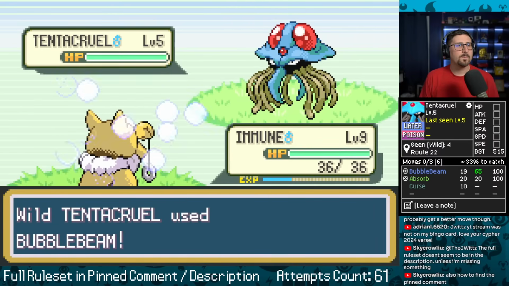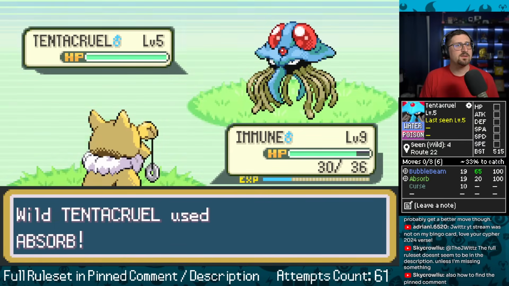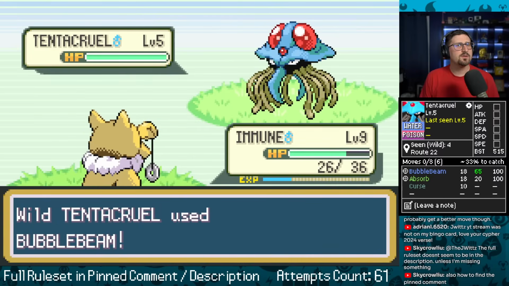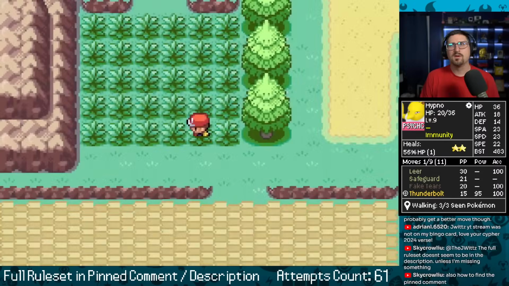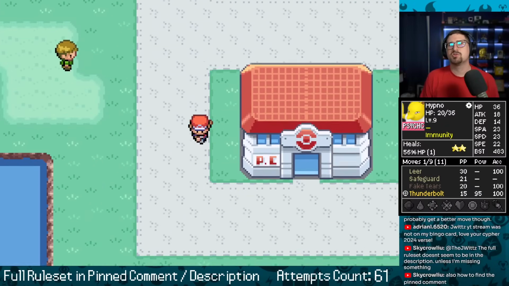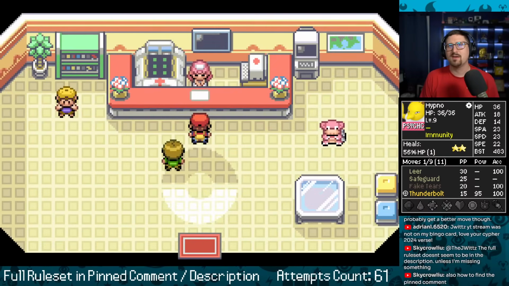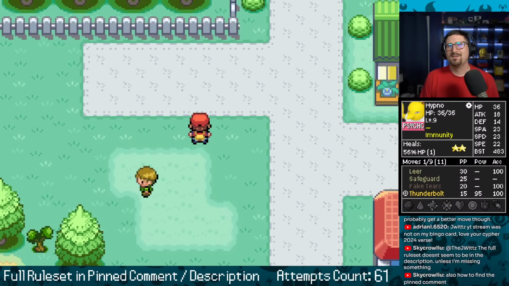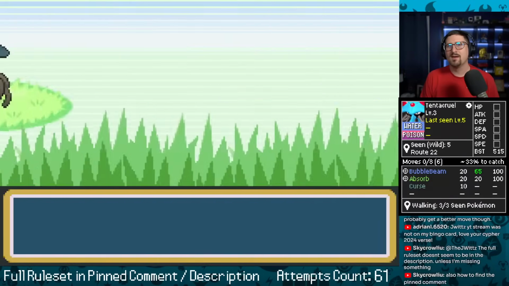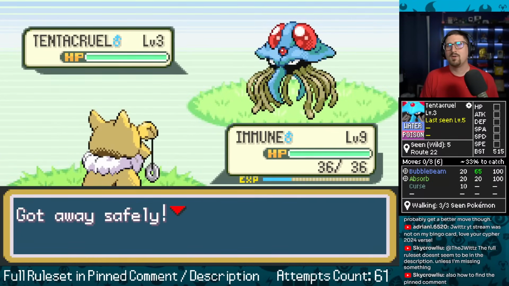Level 5. Not seeing the level 8 that I want either. And this Tentacruel does not want to show me its fourth move. I still don't know if it's good enough to swap out for Hypno, but if it showed me a second special attack move or something, I still don't think it's hitting me particularly hard, though. That might be a red flag. I definitely won't swap right away.